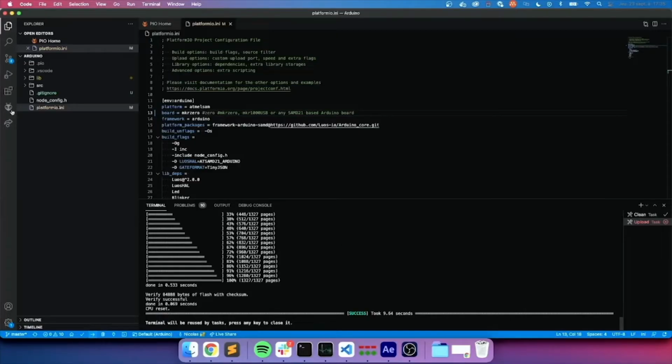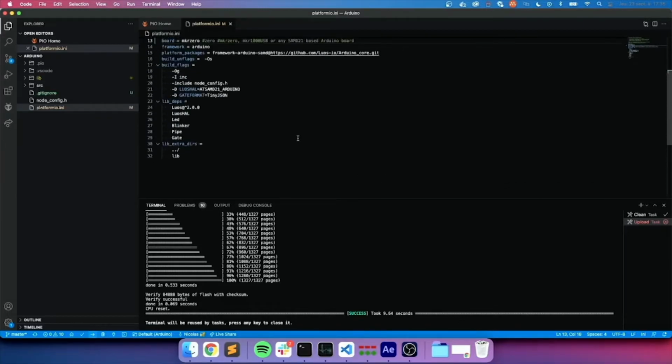So let's go back and see what's happening here. If I get back to my code in the platformio.ini file, you have different lib_deps in this file. This field lists all the dependencies of your project. As you can see, we have Luos because we are using Luos, and we have a LED, which is a package allowing you to access and control a LED. And we have a blinker. The blinker is an application that uses the LED and makes it blink based on a specific time.